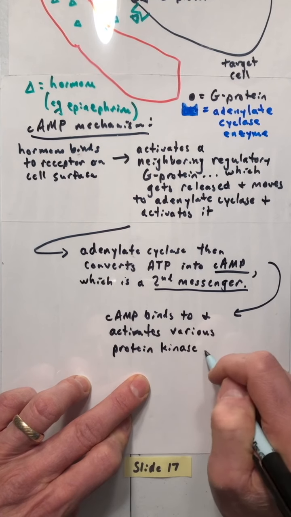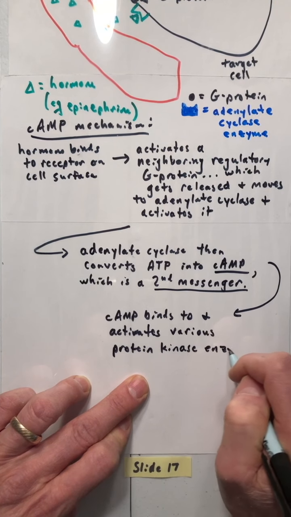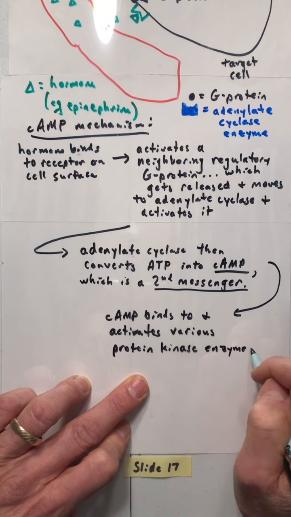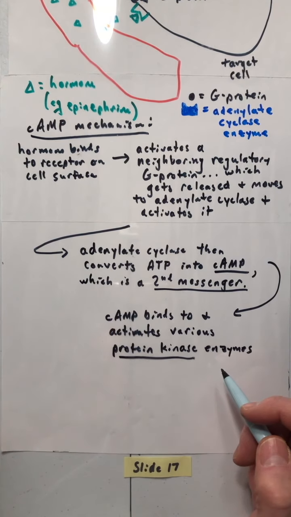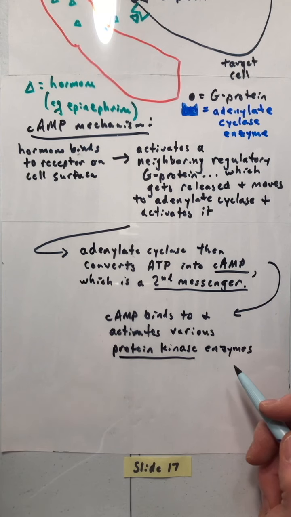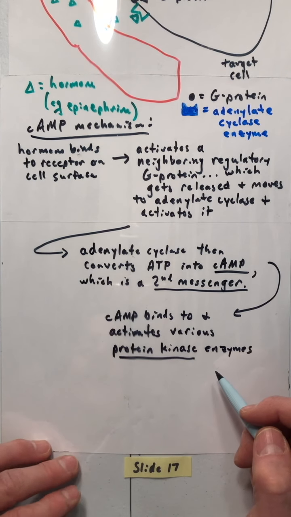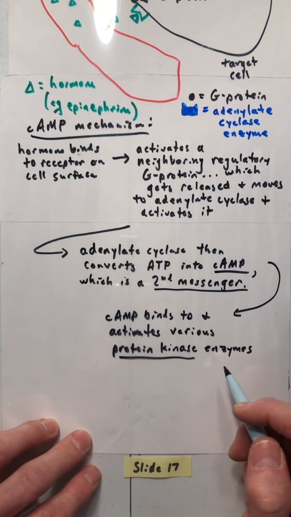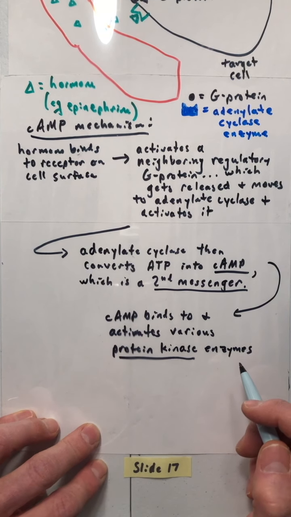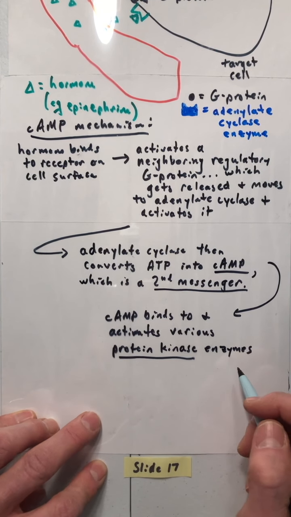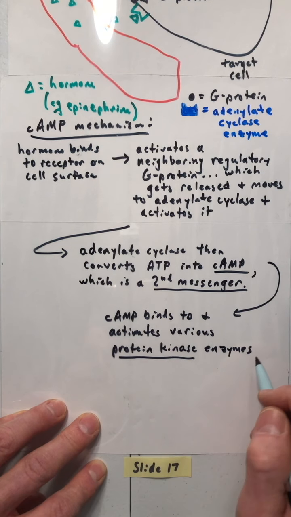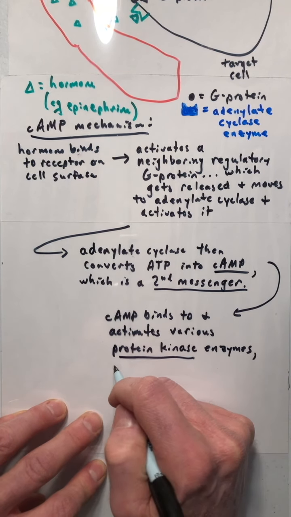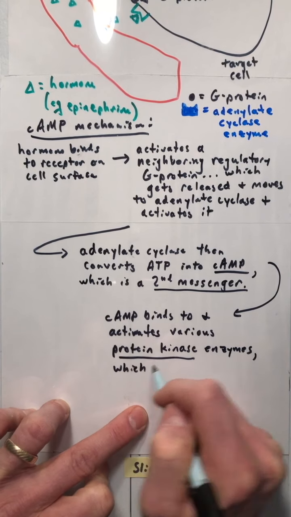Maybe you've learned in other courses what a protein kinase enzyme does. A protein kinase enzyme specializes in phosphorylating stuff. By that I mean it attaches phosphate groups to other molecules, which in turn activates or deactivates those other molecules. So cyclic AMP binds to and activates protein kinase enzymes, which in turn